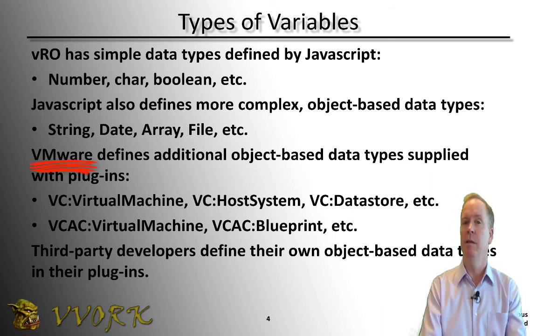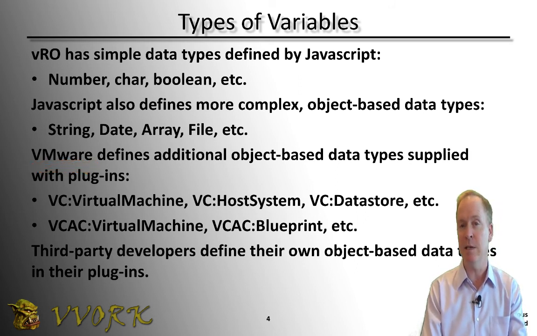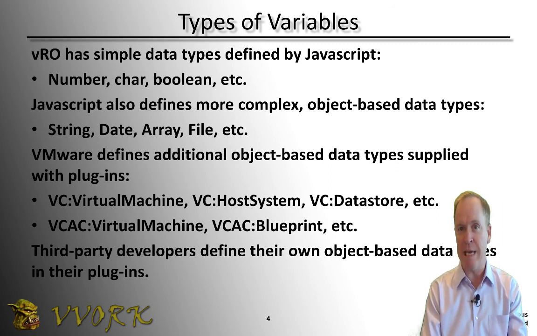VMware defines data types too. And again, these are object-based. For instance, there's a data type called VC:VirtualMachine. As you might guess from the first couple of characters in that name, VC, this is an object type that's used in conjunction with the vCenter plugin. In fact, anytime you see VC:VirtualMachine or VC:HostSystem or VC: anything, you know from that prefix that the